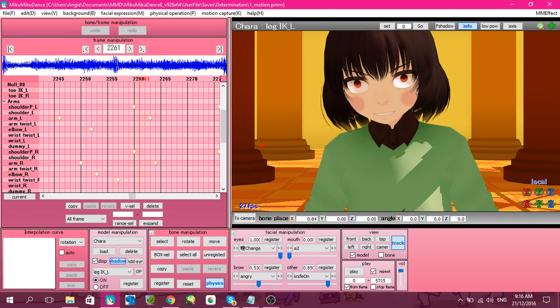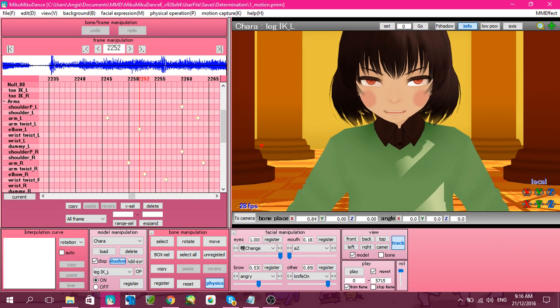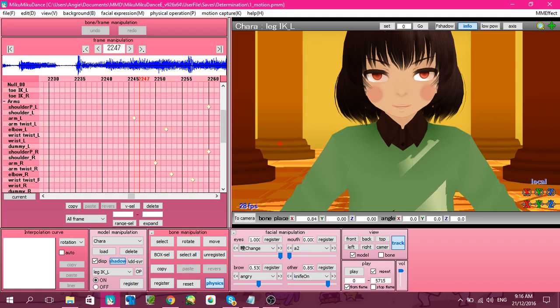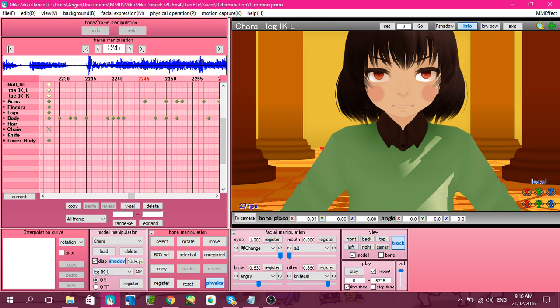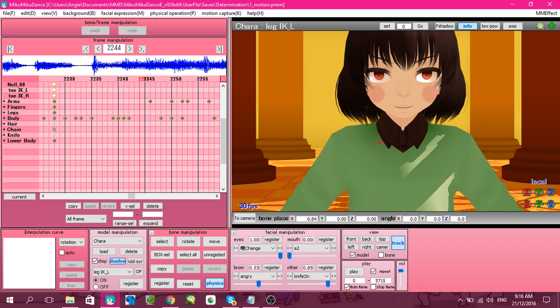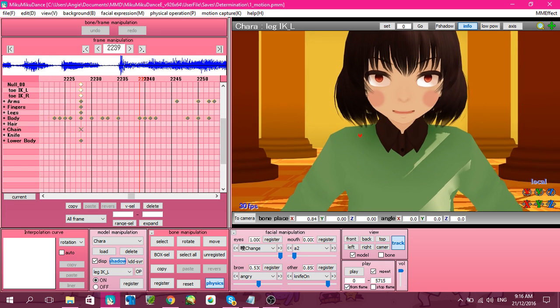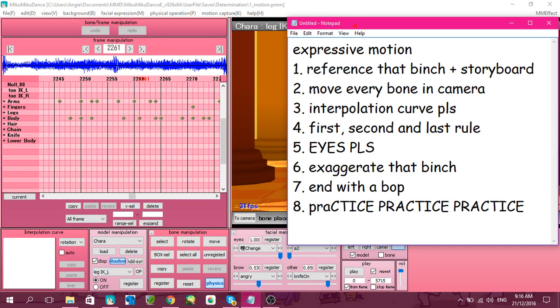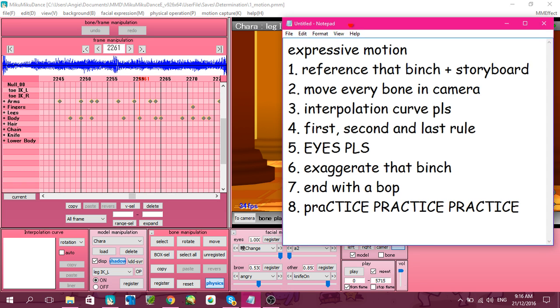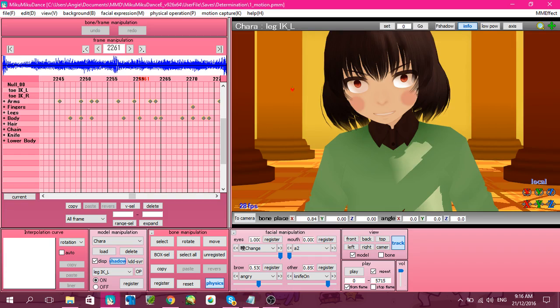This is Crane, and with another tutorial of how to make expressive motion. You know, those motions where it's subtle, but at the same time it's really expressive and just makes the character alive instead of them just standing around and talking. No, we don't want that. So I listed down a couple of things because I'm not very good with impromptu and coherent matters. So, expressive motion,